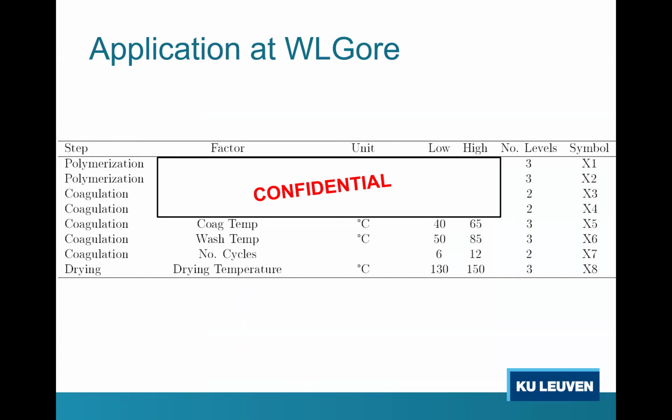The application about which we're writing a paper, by the way, is about a 3-step production process where the first step involves a polymerization, the second step involves a coagulation, and the final step involves drying. In the experiment we're going to write a paper about, there are 8 input factors in total, some of which are confidential. And in this particular application at W.L. Gore, the researchers